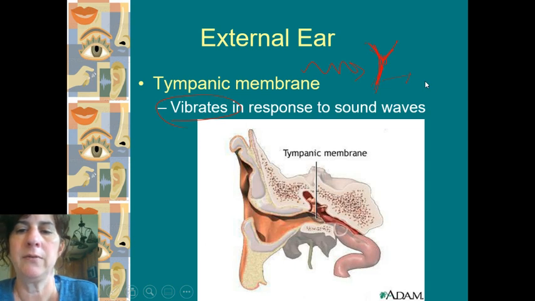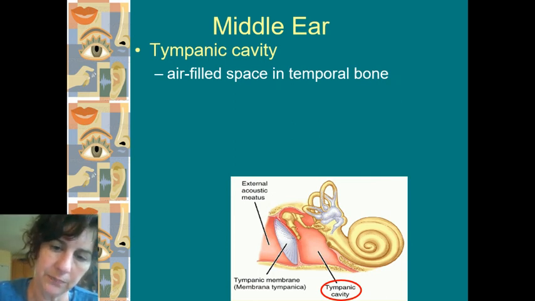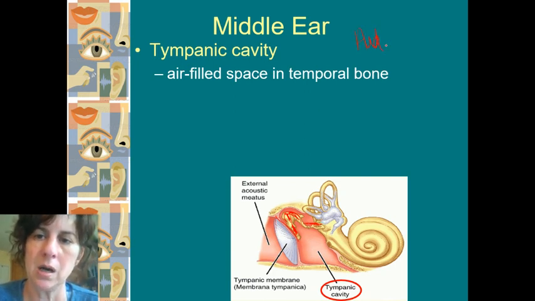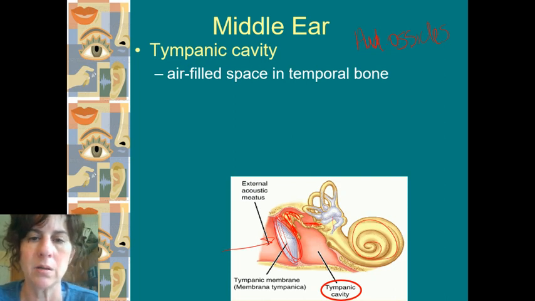Again, we've gone from a sound wave to now a physical vibration. So here's our eardrum right here. We have 3 bones that are the smallest bones in your body. These are called the auditory ossicles, and I'll come back to those. Ossicle refers to bone. They are taking that physical vibration, which the tympanic membrane made from a sound wave, and they're going to transmit it all the way to this snail shell looking thing called the cochlea.